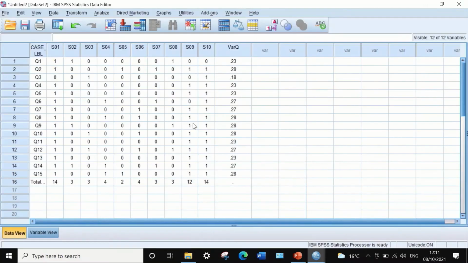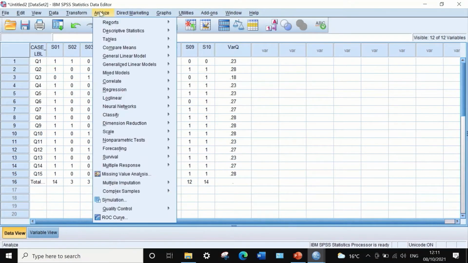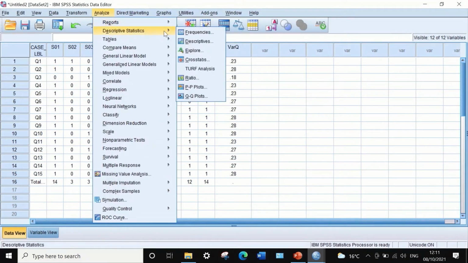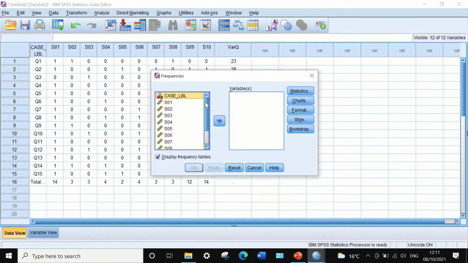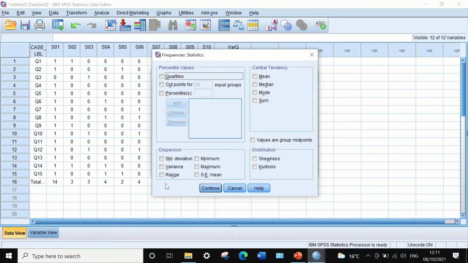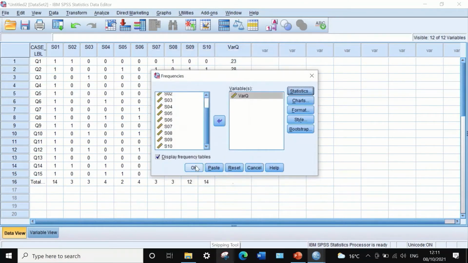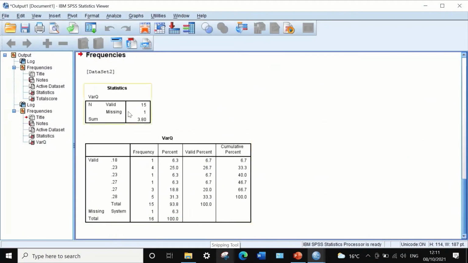The way to do that is to click on Analyze, Descriptive Statistics, Frequencies, and there we select the variance for the questions and drag it to the variables. Click on Statistics and select the sum, because we are going to add all the variance for all the questions together. If we click Continue, then OK, the variance for the 15 questions has been calculated and found to be